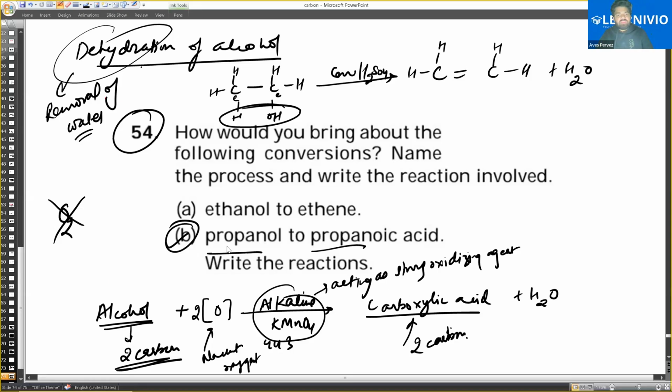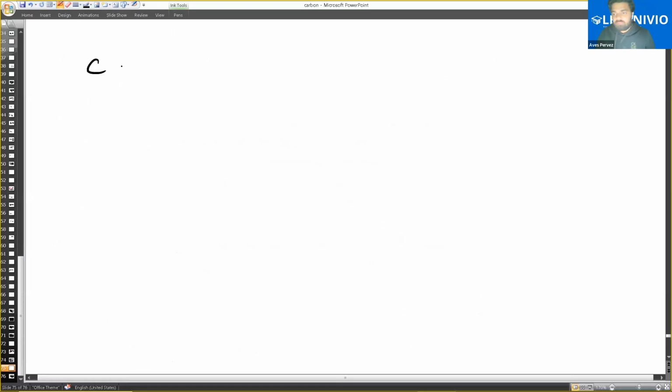Till then, it's the same. If it is propanol, prop means 3 carbon. So when we are writing the name of a 3 carbon alcohol, because when we are writing the name of alcohol, the carbon doesn't have its own carbon, the chain will be of 3 carbon, C3H7, propyl, and then OH. And then you add it to O, then it will give you carboxylic acid.